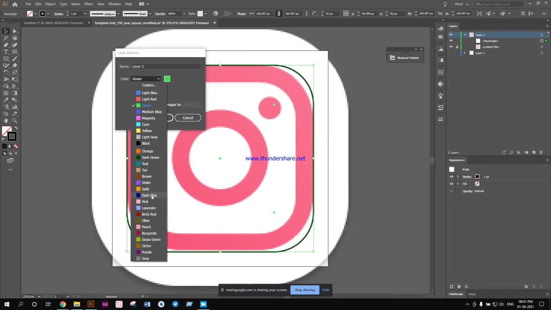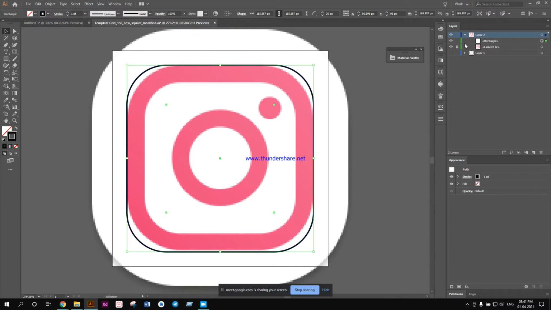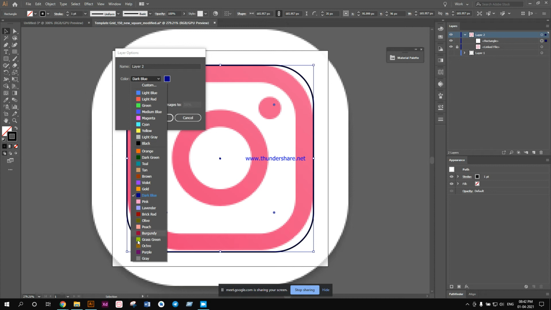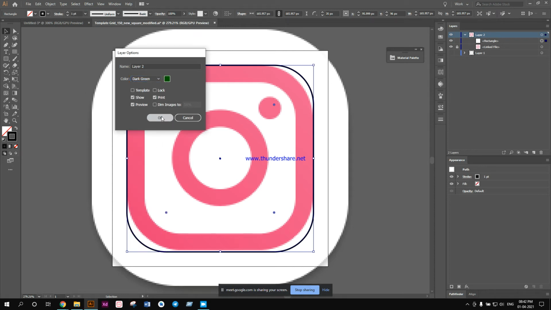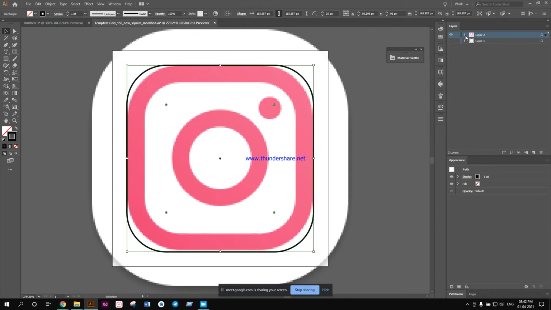Let's go for a dark blue. That's also looking good. Dark blue should do. Okay, it's somewhat visible. So I have to round off the rectangles even more.